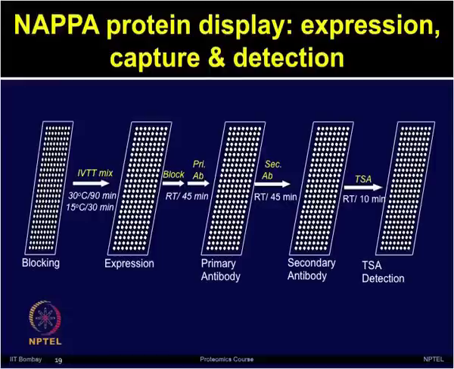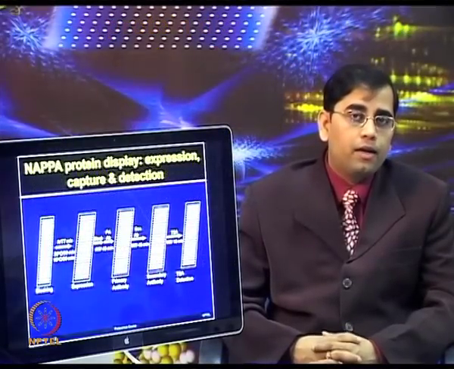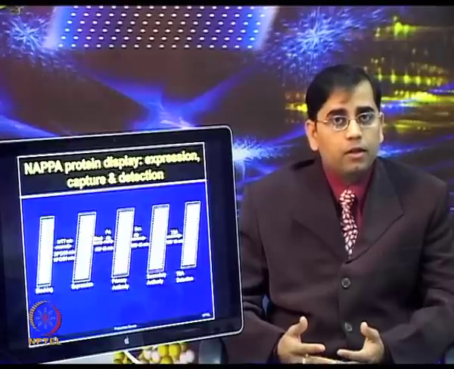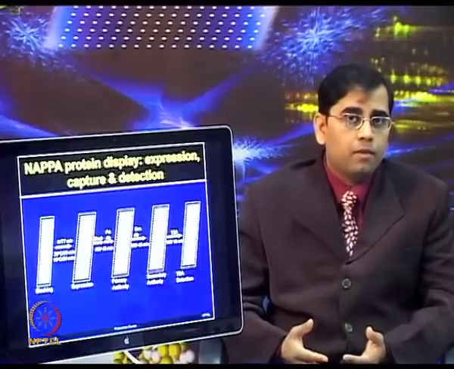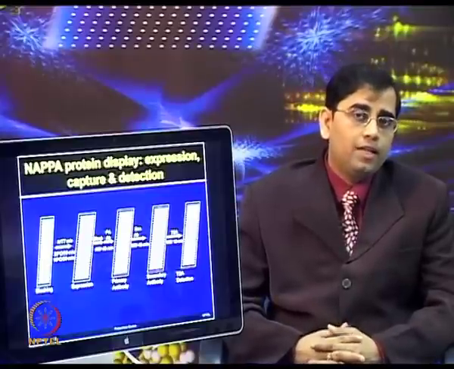Again, you can add milk in PBS or BSA. Once this blocking is done at room temperature, then the primary antibody can be added. If your experimental aim is to just do the quality control check of protein expression, you can use anti-GST antibody, or if your aim is to look for certain autoantibody markers, then at this stage one can use serum from various patients. Once this incubation is done, then the corresponding secondary antibodies can be used.